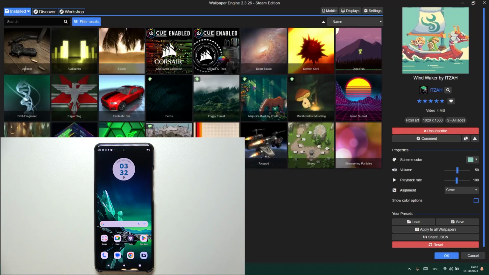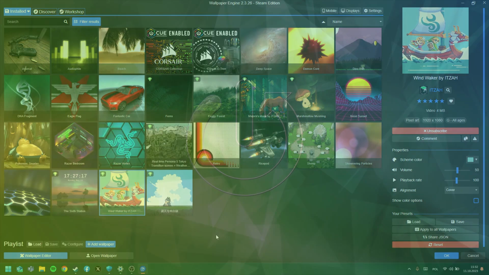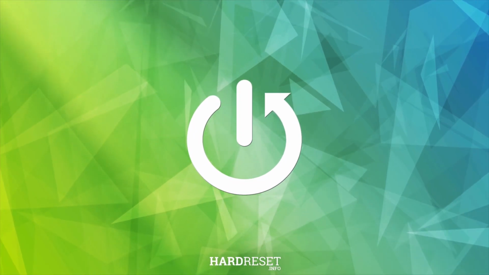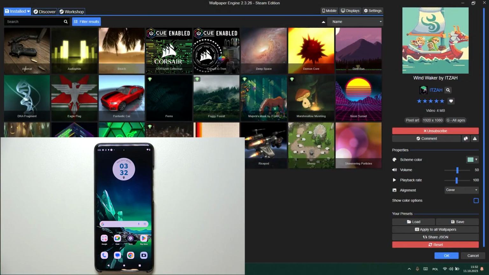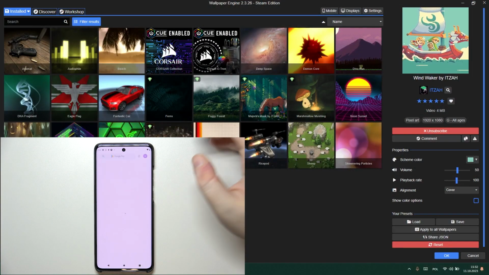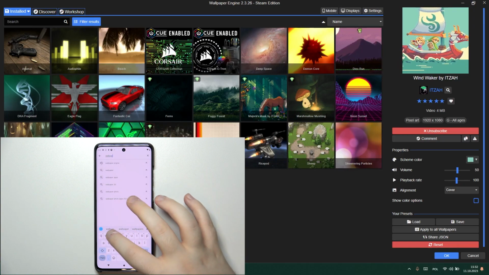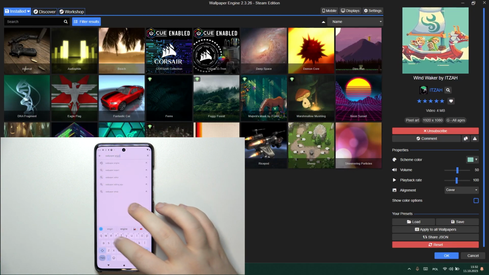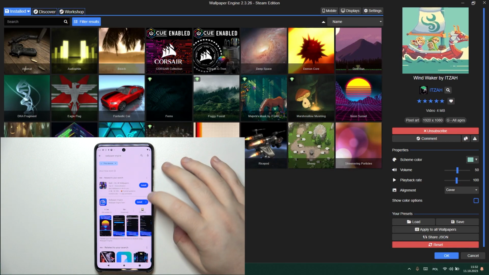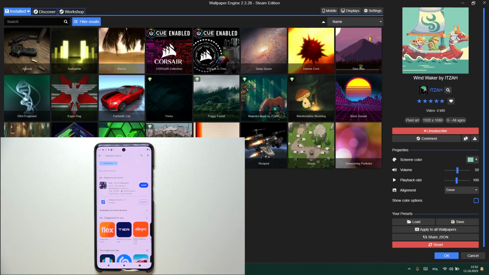Hello, in this video I will show you how to install Wallpaper Engine on Motorola Edge 40 Neo. So you have to start with opening your Google Play Store. Now click on the search bar, type in Wallpaper Engine, click search, and now click install